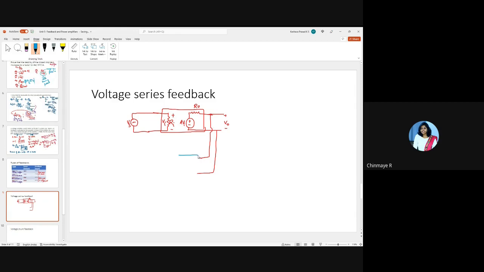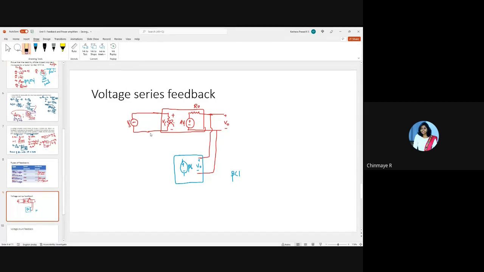So now this is the entire voltage, but then you will have to feed only a part of it to the input, right? So this is V naught. Now you will have an attenuator here, which will take a value of beta V naught, where beta is less than 1. Therefore, if you feed this back to the input, you're feeding only a part of the output voltage back to the input.